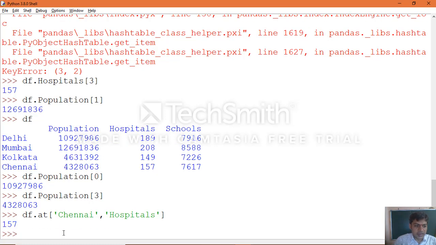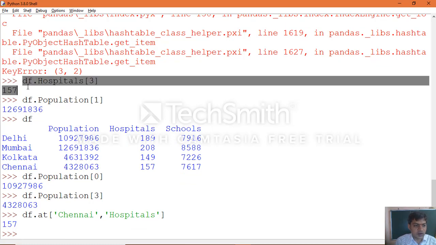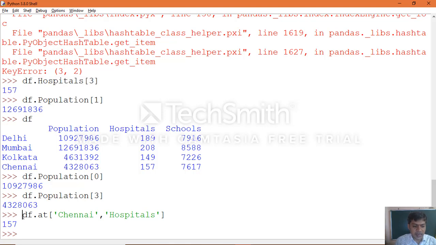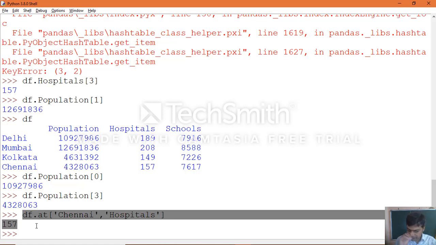Then we get the same value we got earlier, 157, when we used the column label with the row index number. You get the same value now when you apply the at attribute with the row label comma column label.